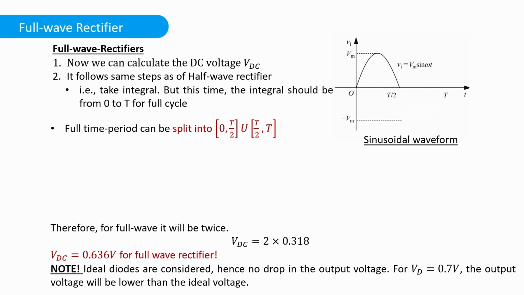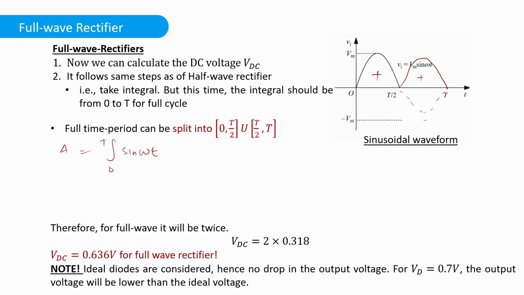So in order to find the DC voltage for the full wave rectifier, we have this half cycle for the positive part, and then we have this half cycle once again for the negative cycle, right? This was the input, but we got this flipped negative cycle to the positive cycle. What we are going to do is find the area. Now, we can find the area from 0 to T, but the issue is we cannot do this in a single step, because our sine wave function is actually negative from T/2 to T. So we cannot directly write this from 0 to T